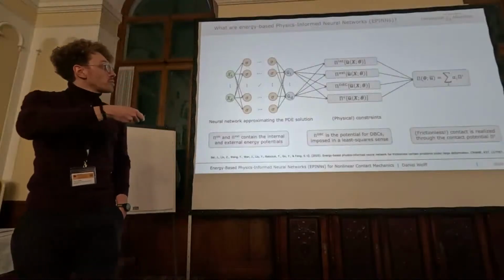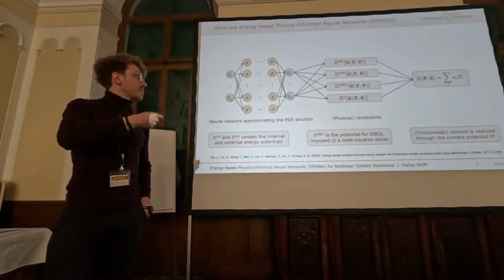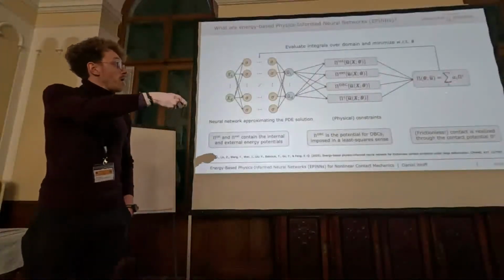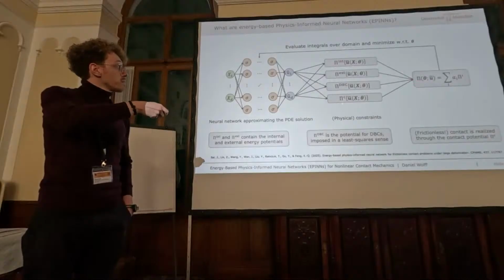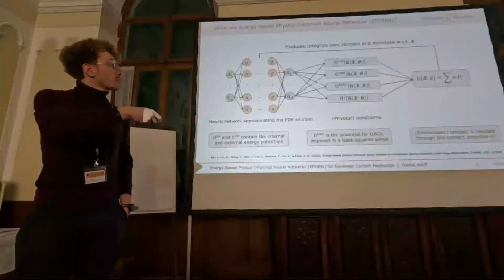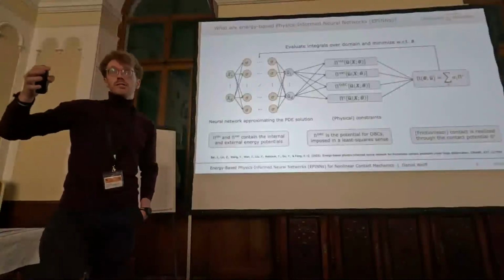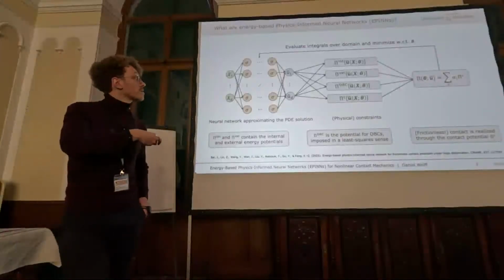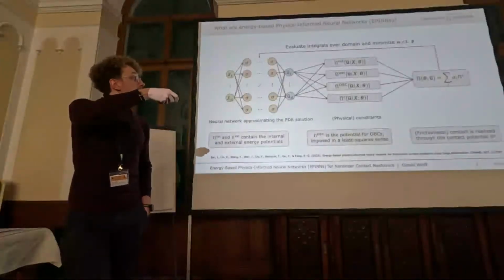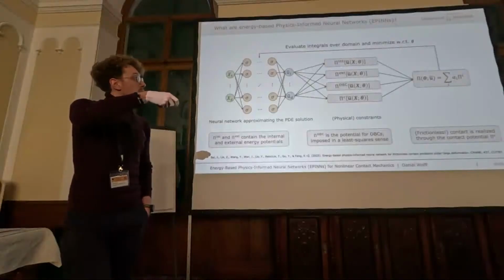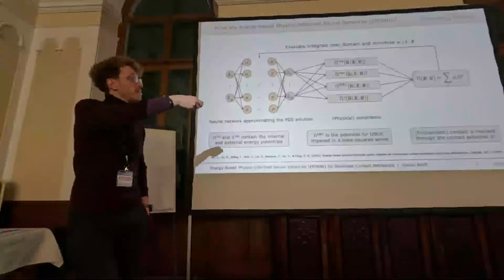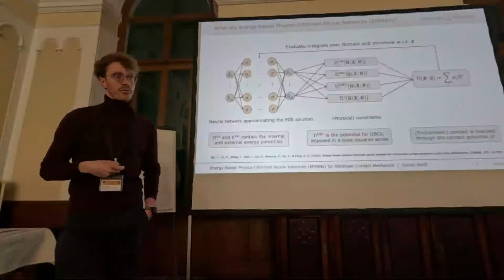Okay, but basically what we can now do is sum up these contributions of the different physical constraints into one total energy potential. And now what we do is we evaluate the integrals because, again, remember all of these potentials require integrals over our body or over our boundary. So we evaluate that, and we do that completely as we would do in FEM. So we discretize our body into small elements, and we perform numerical quadrature on each of them. And then in the end, we basically have a loss function, which now depends on these parameters that parameterize our neural network, and we can minimize this potential with respect to the parameters of the neural network.